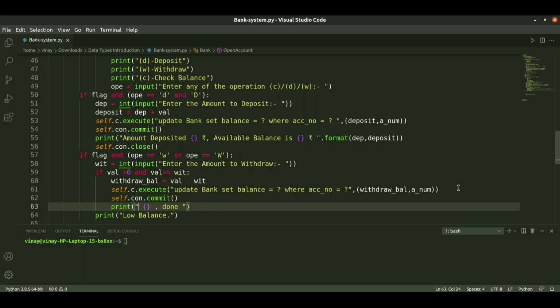So we will print the message like withdraw done successfully, and also display the available balance.